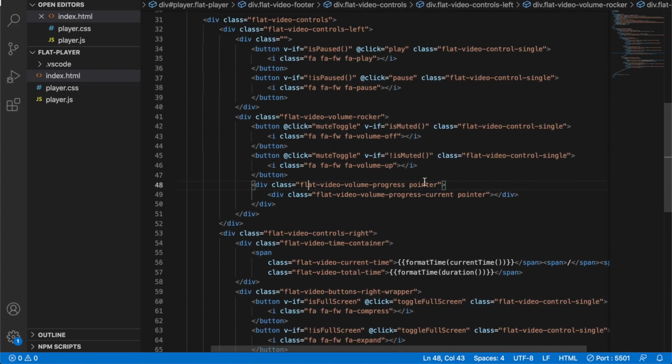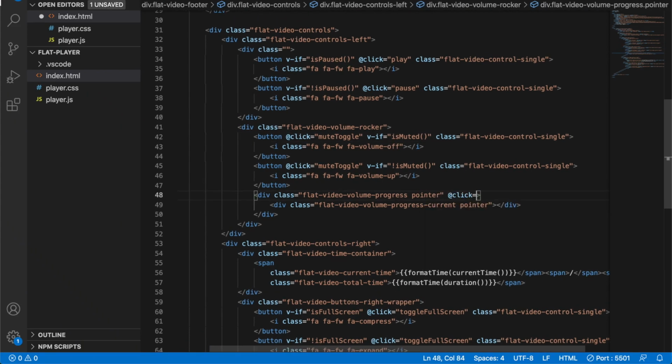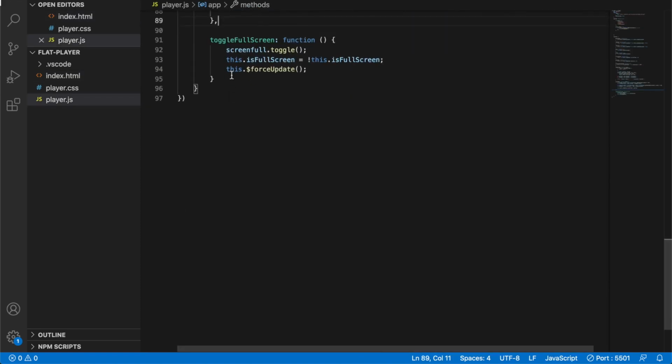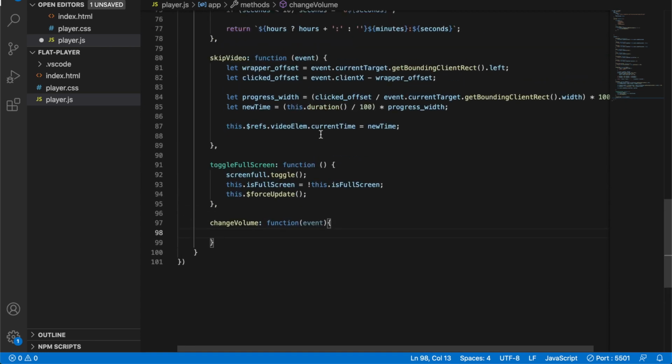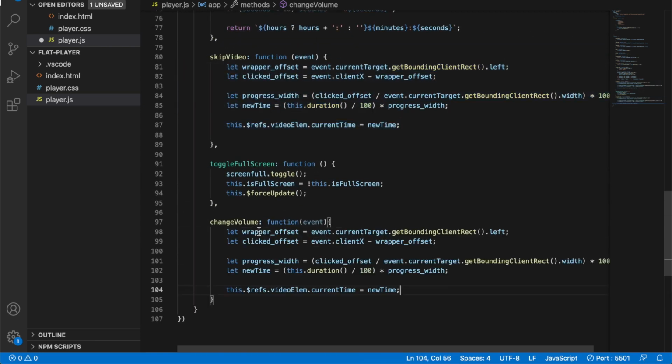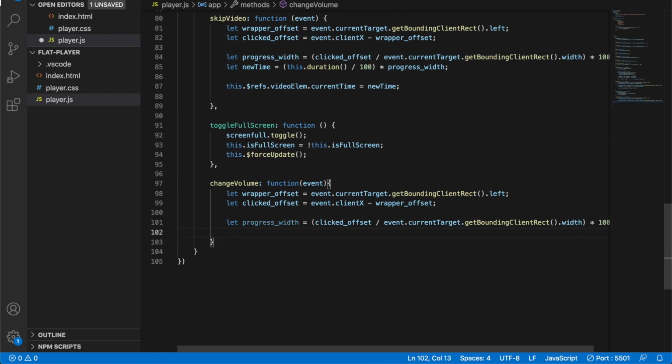which is right here. Okay, we can go ahead and add a change volume, and let's copy it back to here. So first of all, what we have here is the event to change the volume. Next, we can copy this thing over here because we're going to need these two things, and this one as well, but we don't need this. All right,